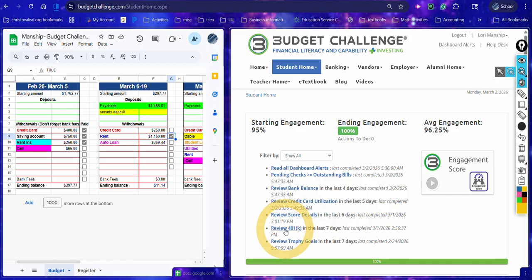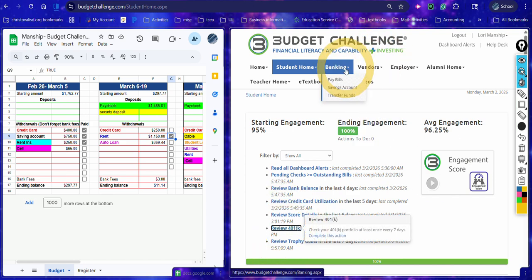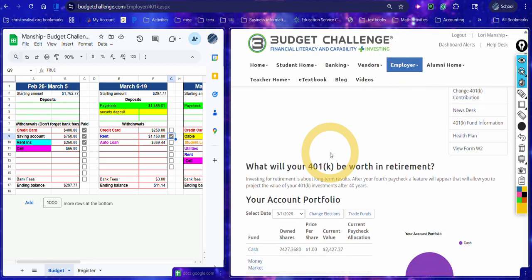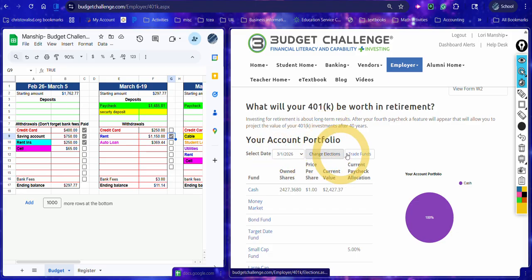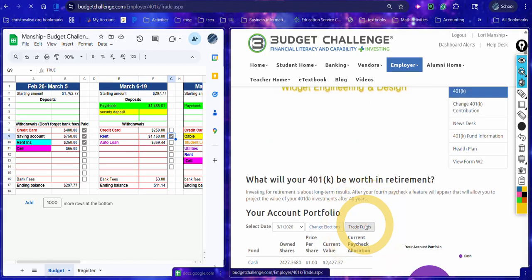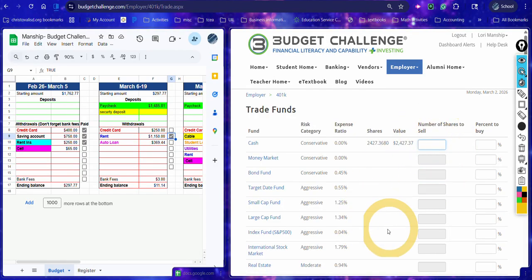Review your 401k. So let's go over to our 401k. And so 401k is with our employer. You get a 401k. This is where you can change elections and trade funds. You should have already set your elections, and they will be showing here. Now we can go in here and trade funds. So we need to tell it how many to sell. 2,427.37